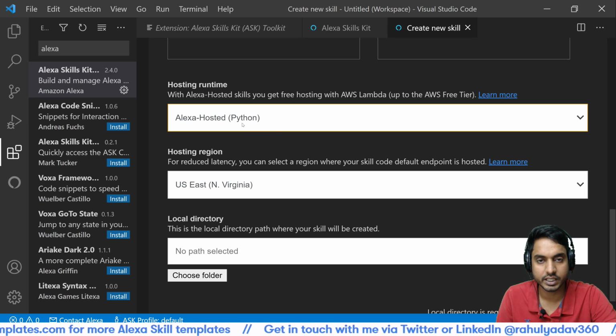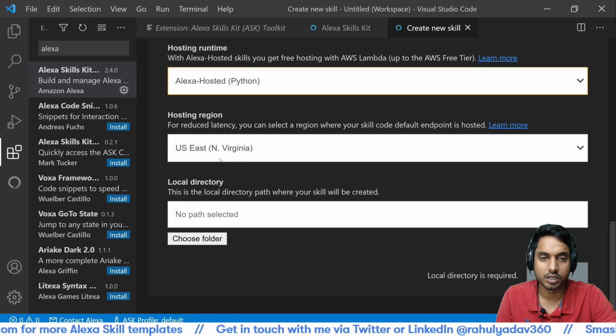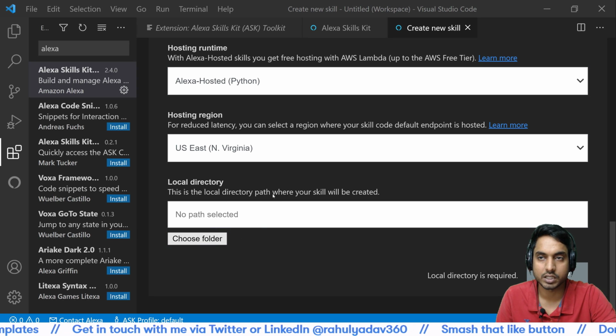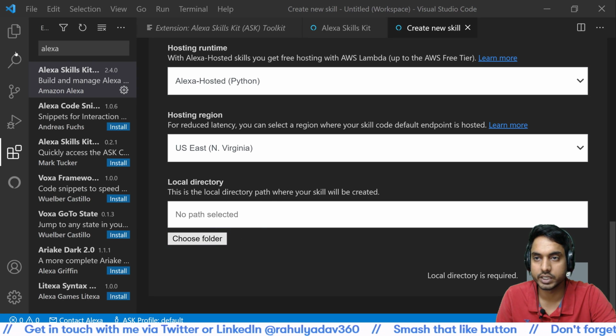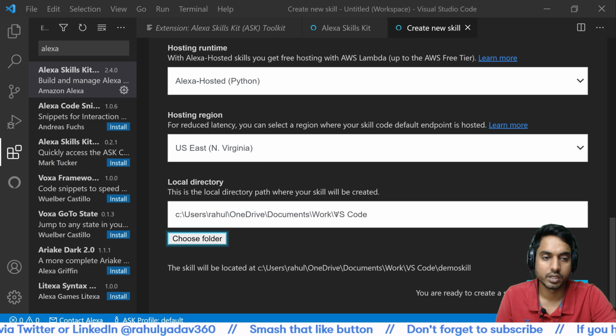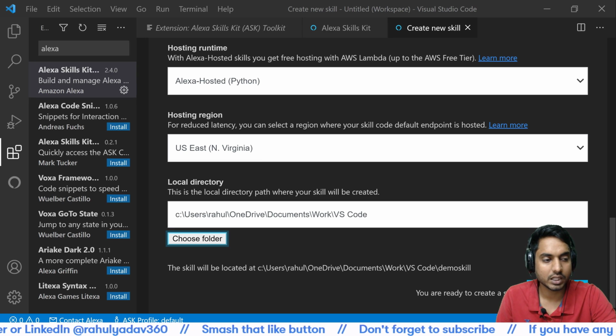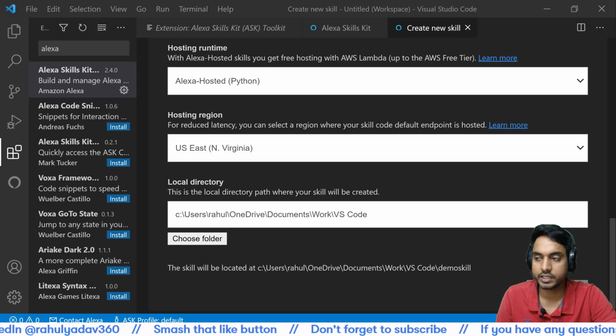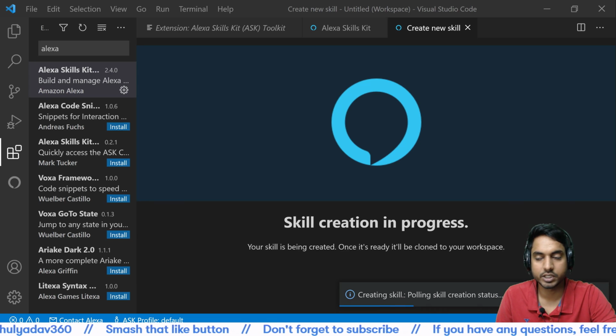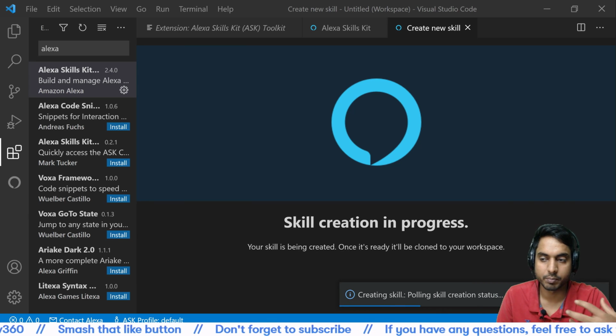So after selecting Alexa hosted Python, the next thing is just let the region be North Virginia, and in the local directory just give it a path. So I will just quickly give this a path. Okay, I've given this a path, and now I'll click on create. So the create button is on the bottom right where my face is.